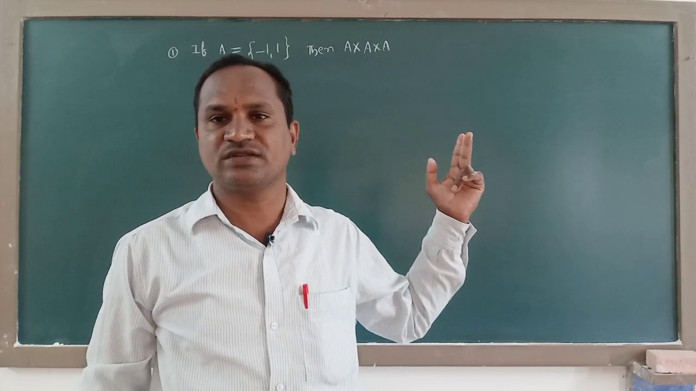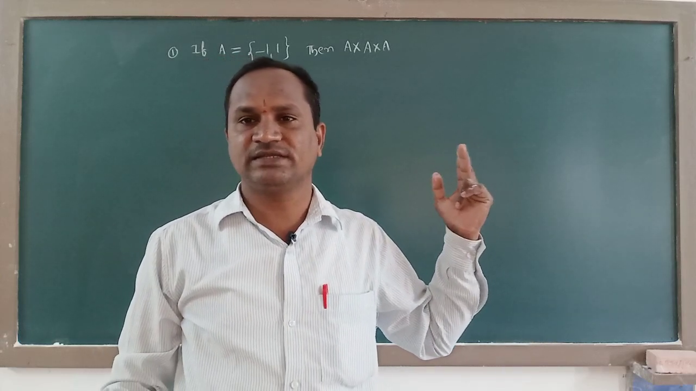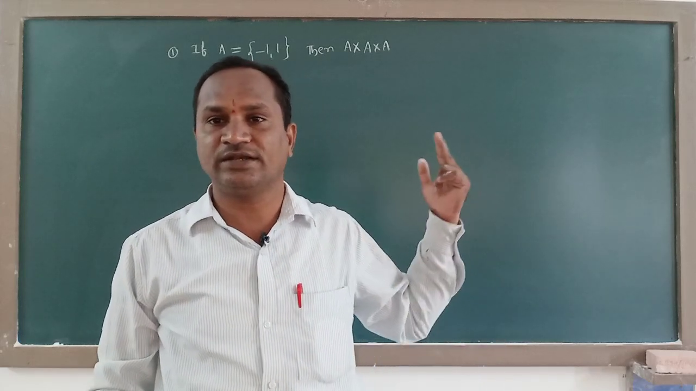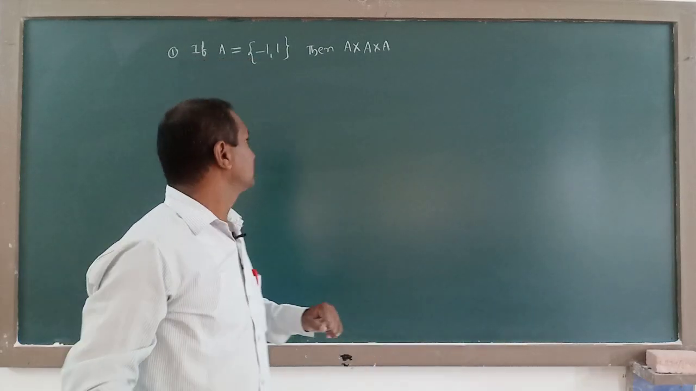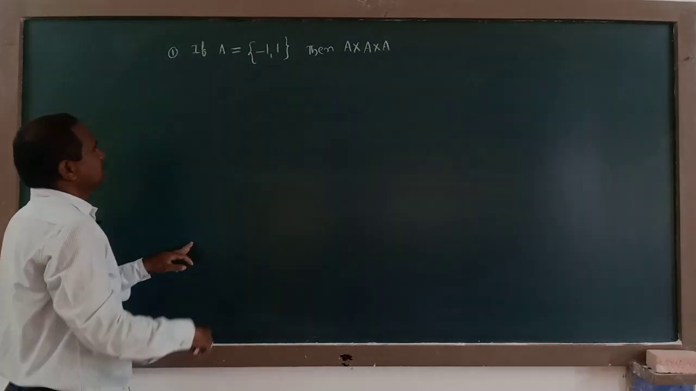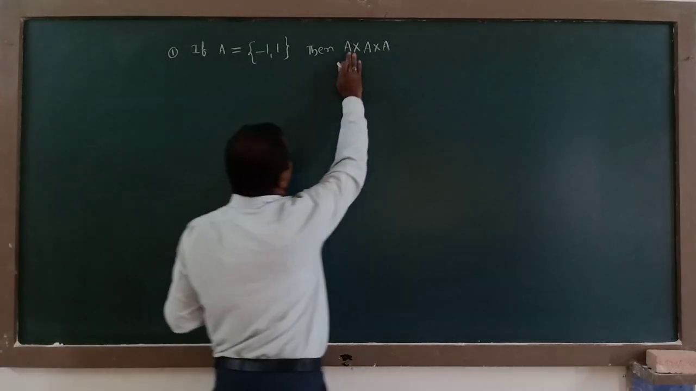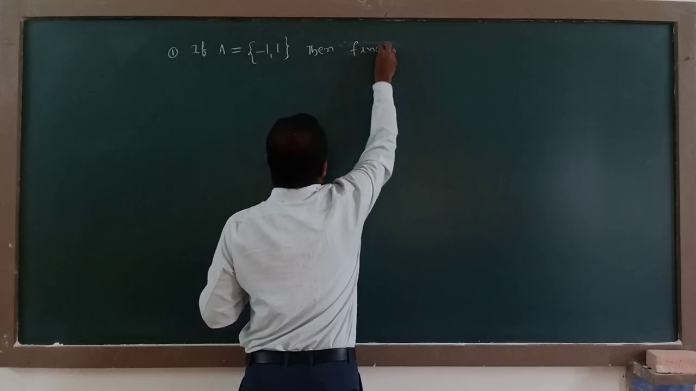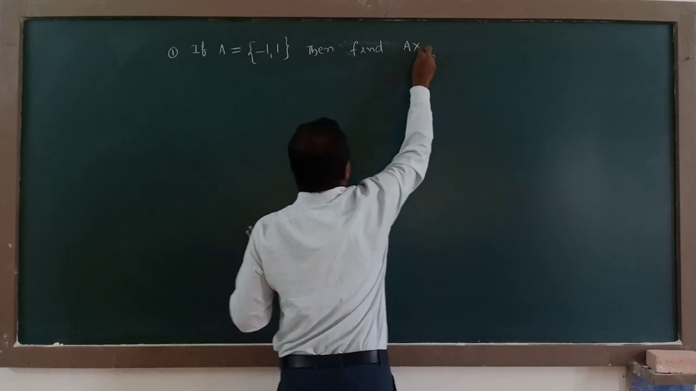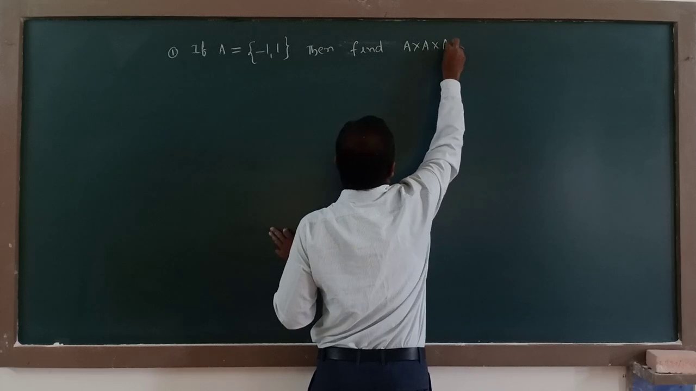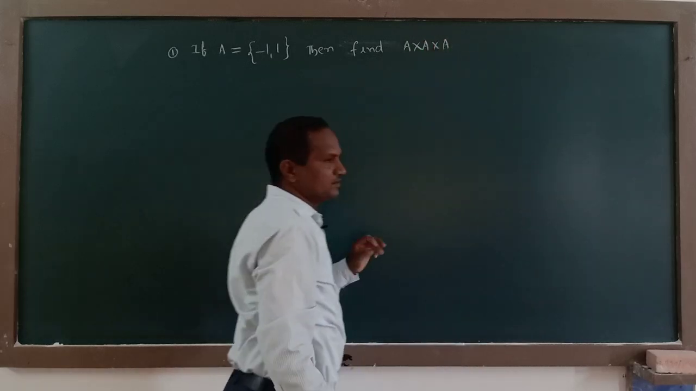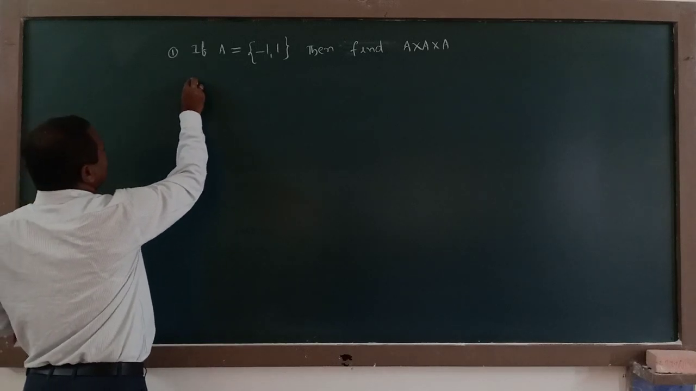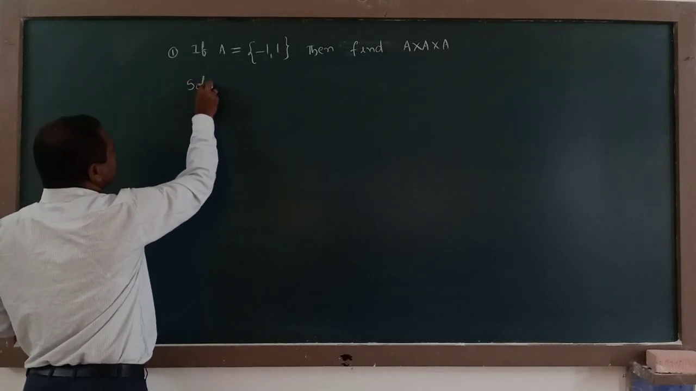Here they are asking a question on triplets. In the case of triplets, which types of elements we get, about that we will now discuss. Then find A cross A cross A here. See here, A cross A means... The solution to this question is,